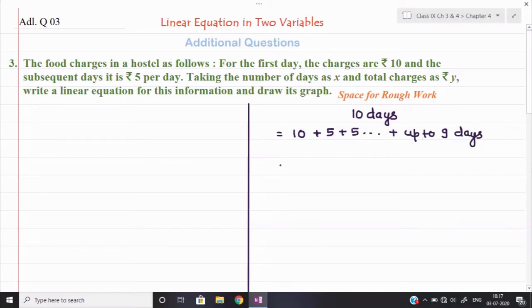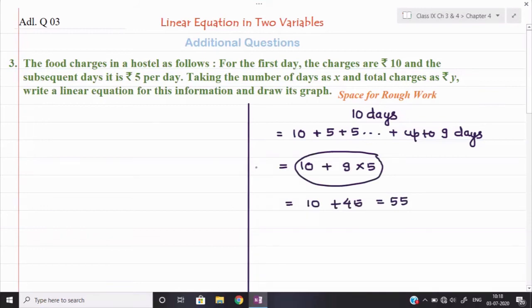So how can we formulate this? I can write down first day charge is 10 rupees, that is fixed, no problem. Now how many days are remaining? That is 9, multiplied by the charge for the 9 days, which is 5 rupees per day. So it will come as 10 plus 45, it will become 55 rupees. Right? So observe this pattern, you need to observe how we can express these things in the form of a linear equation. Here what is coming to us? The charge I am going to pay.